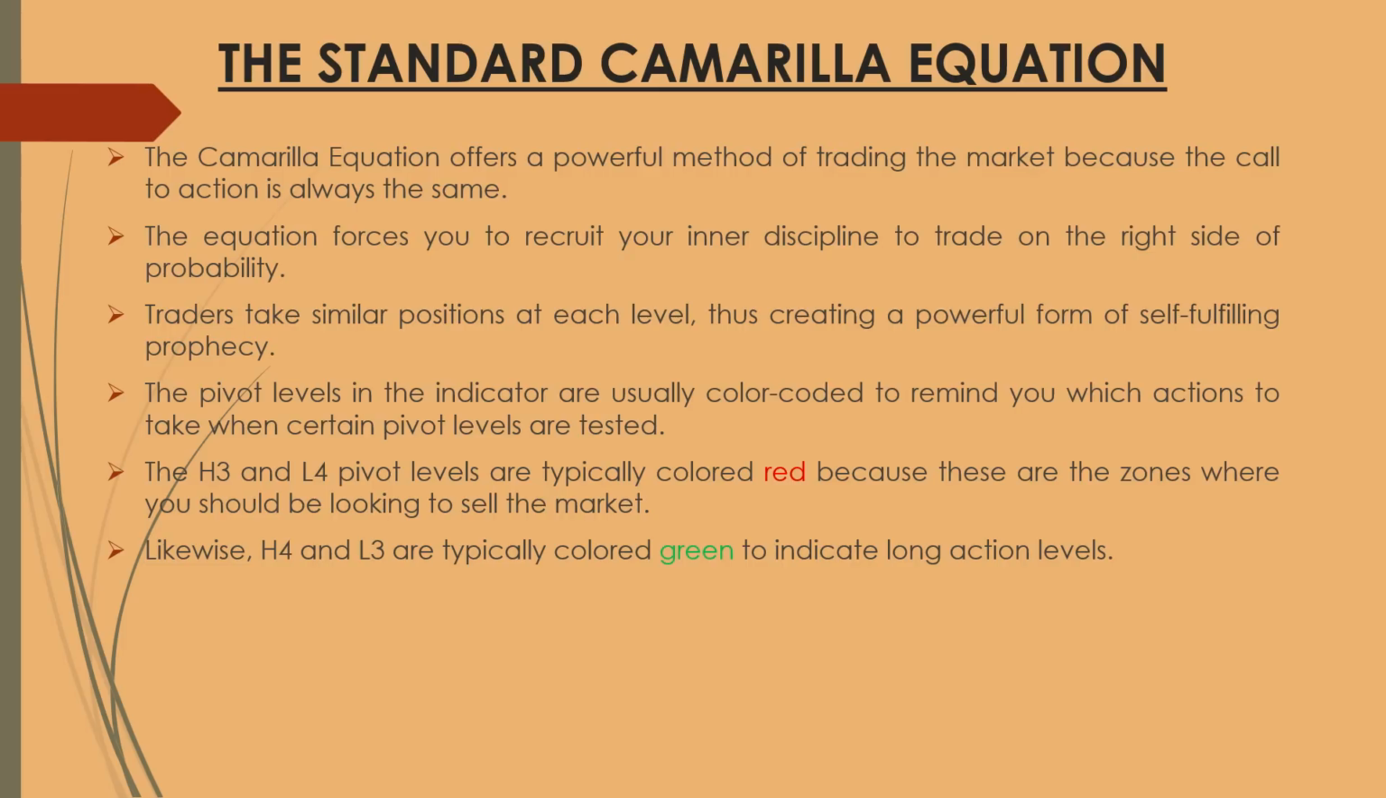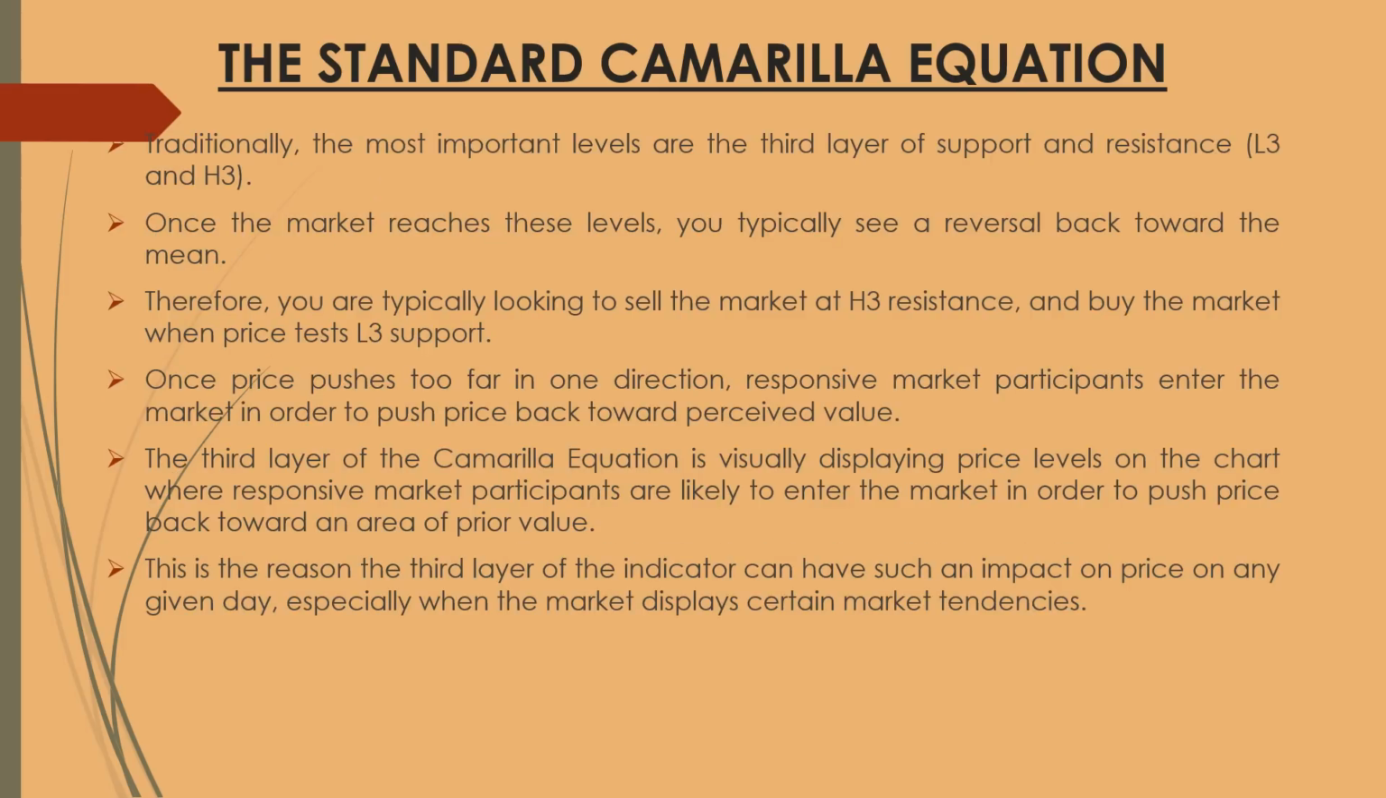Traditionally, the most important levels are the third layer of support and resistance, that is L3 and H3. Once the market reaches these levels, you typically see a reversal back towards the mean. Therefore, you are typically looking to sell the market at H3 resistance and buy the market when price tests L3 support. Once price pushes too far in one direction, responsive market participants enter the market in order to push price